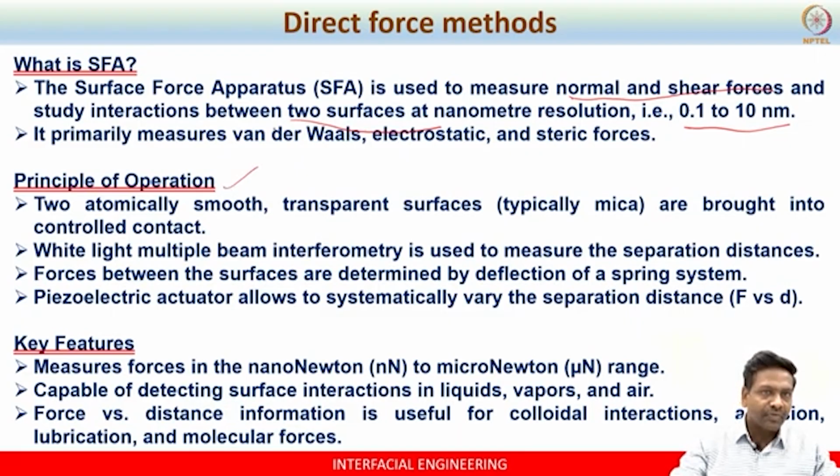The principle of operation is very simple. One has to take the mica surfaces. Why is mica preferred? Because when the surface is cleaved, it becomes very flat, and the smoothness is comparable to the atomic scale. That is why people often prefer these mica surfaces. When you bring these mica surfaces together, one of the surfaces will be rigid, the other one will be moving. The moving surface will be attached with the spring system. So, when these surfaces are brought together in very close proximity, at a separation distance of, let us say, a few nanometer distance,